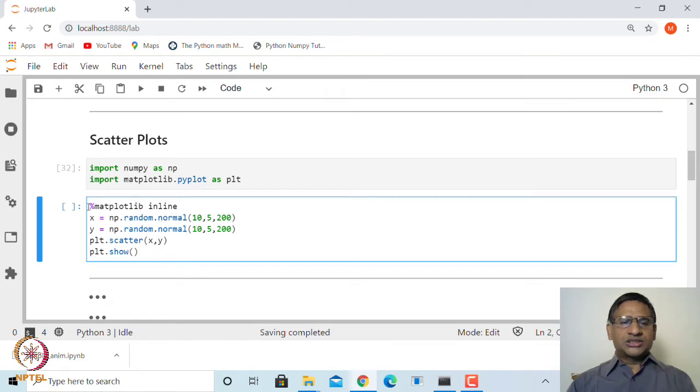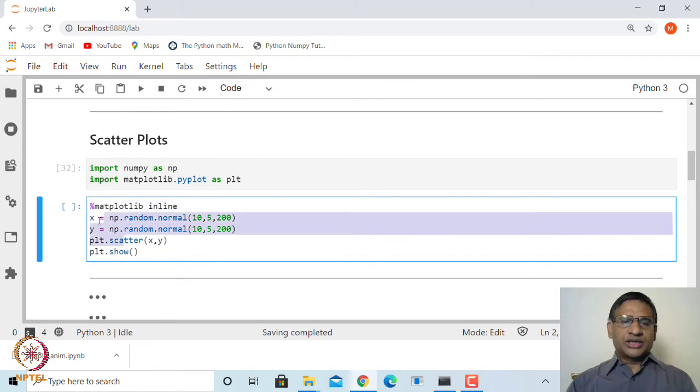Now, this percent matplotlib inline makes the graphs plot inside this window itself. Of course, this is more useful when you use IPython from the command line, because in that case plotting may be outside your editor.